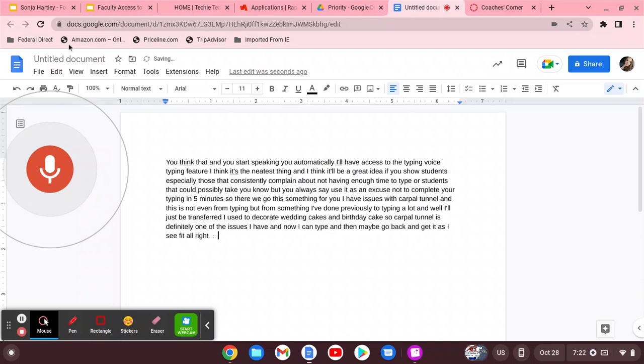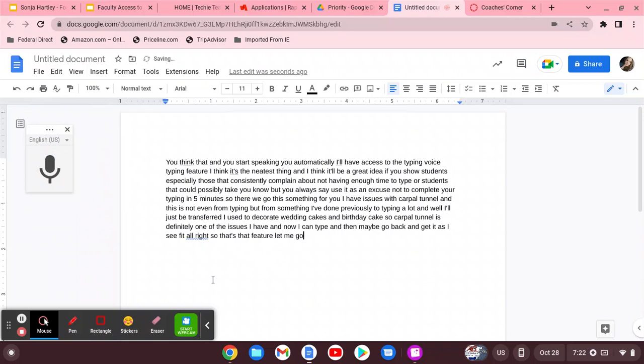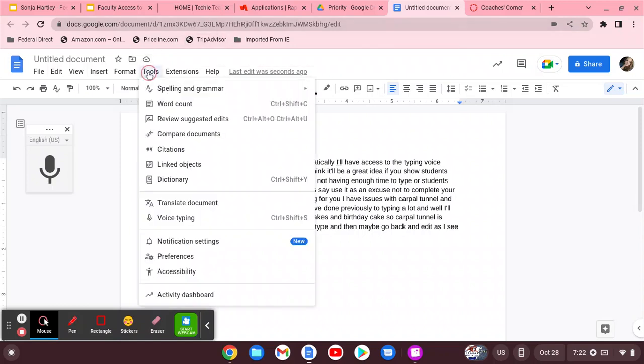All right, so that's that feature. Let me go ahead and turn that off. And while we are in this, I can go ahead and give you a little quick pointer towards predictive text. And once you click on tools and you find